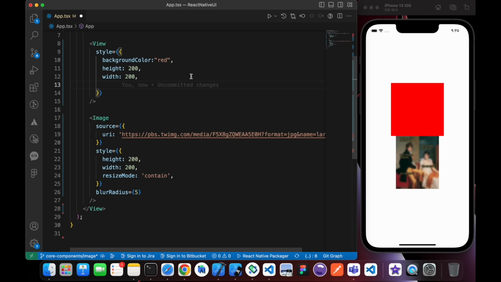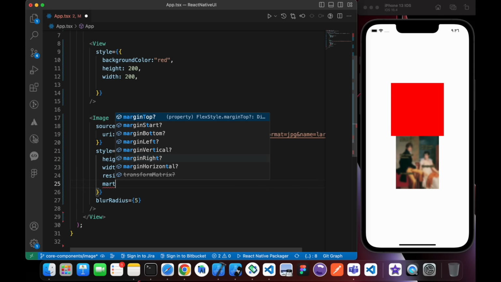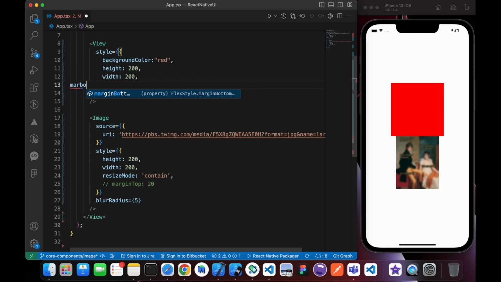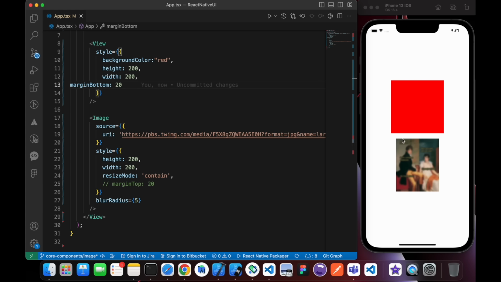We can use the margin. Margin refers to the outside space, the space outside of the element. For example, I want this image to have a space at the top, so you just type margin top of 20, for example. That's a solution. You can also give that view a margin bottom. Look, margin bottom of 20. Look, it's the same